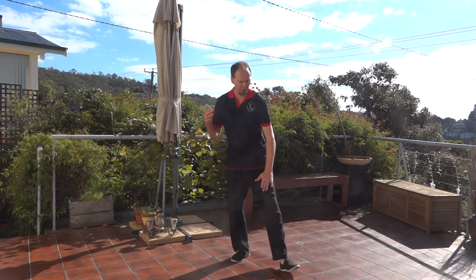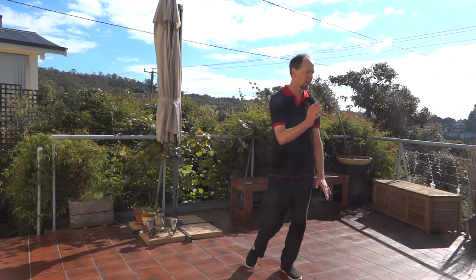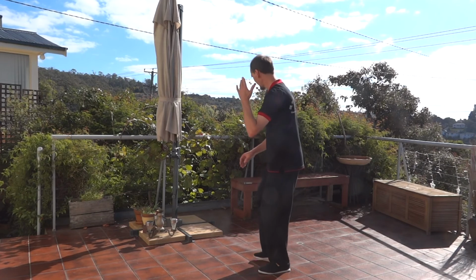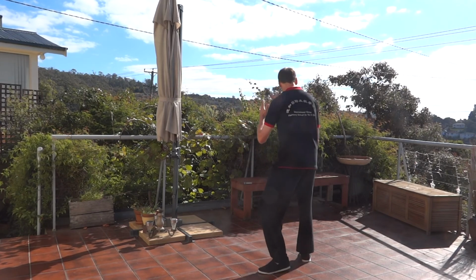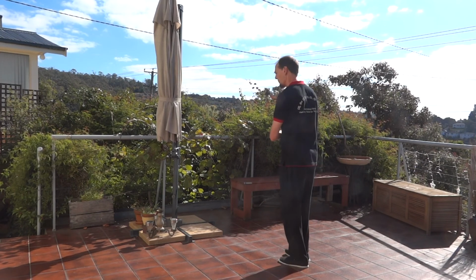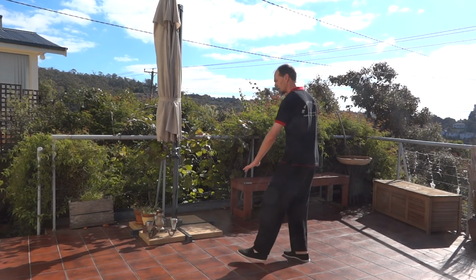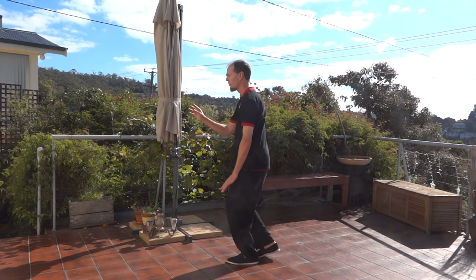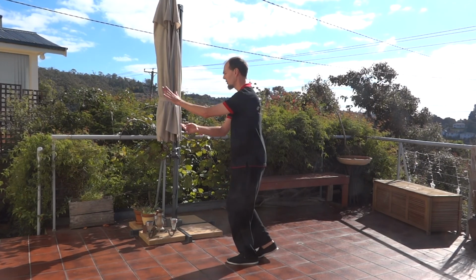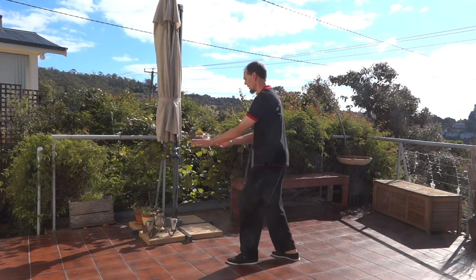of an angle, about a 45-degree angle here, little following step, left hand and left toe come up as right one comes down, again about a 45-degree angle, short following step, right hand and toe come up, and then brush knee with the left, follow, right palm up, stretch over the top, grasp peacock's tail, draw in,